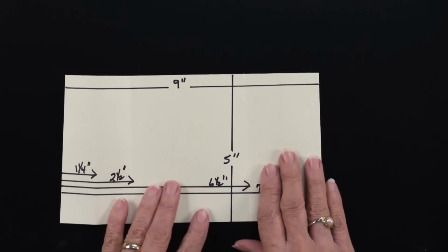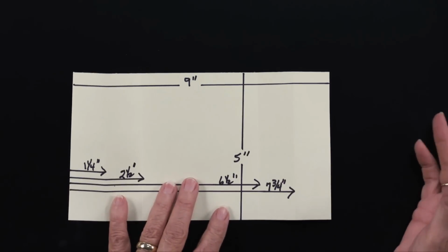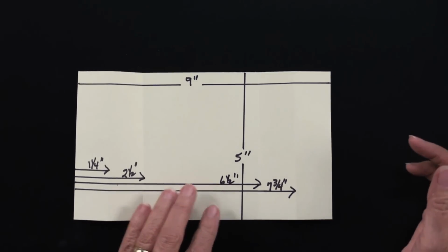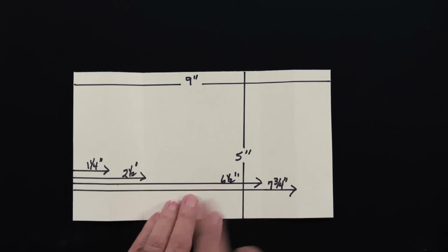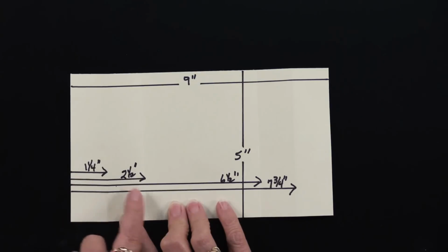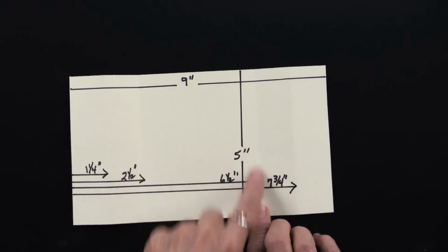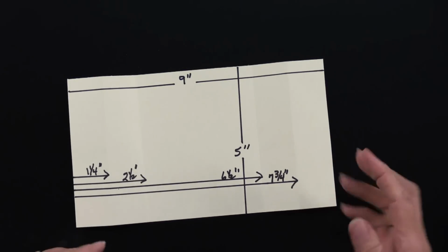The card base starts with a piece of cardstock. You can use the cardstock, as I said, that we have, or you can take another piece, whatever you like. It measures 9 inches by 5 inches. Now we're going to do some scoring. So measuring from the left, 1.5 inches, do a score, 2.5 inches, another score, 6.5 inches, and 7 3/4. Now, to make our card base,